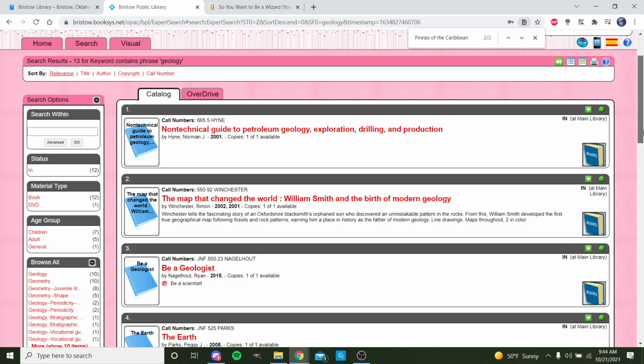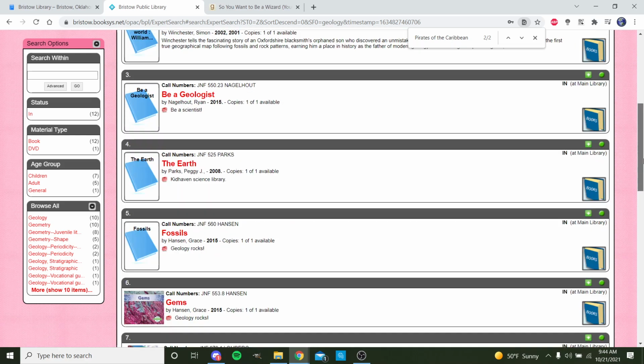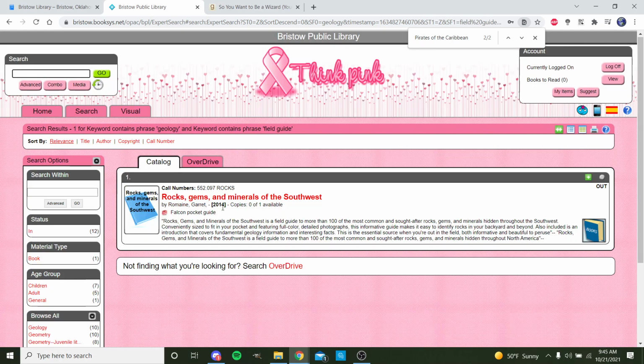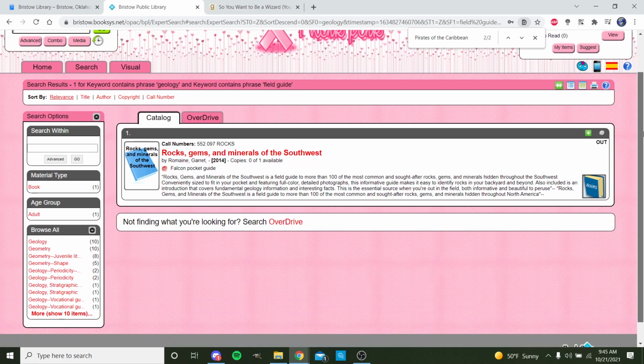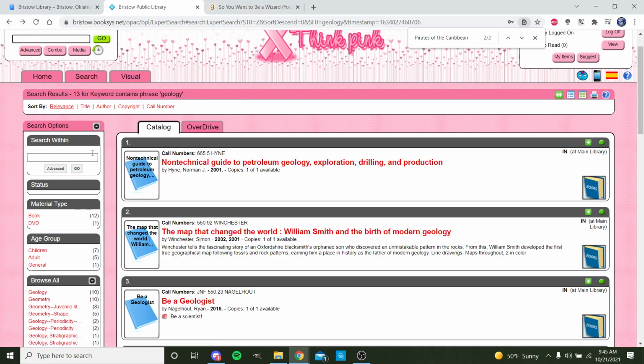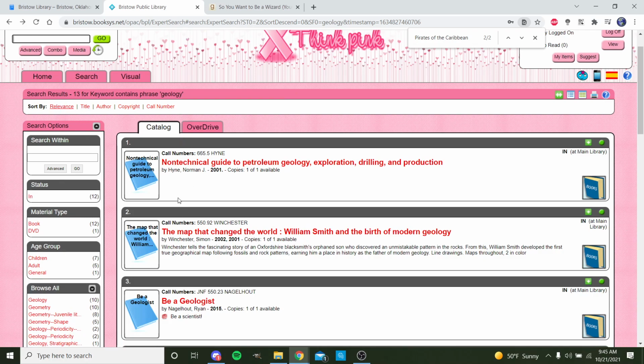All of these are, well, not all of them. You can search for things that are specifically on here. You can do another search within this, like if I wanted to put field guide, it should just show me the field guides. That narrows it down. Now you can sort, if I go back, you can sort by relevance,